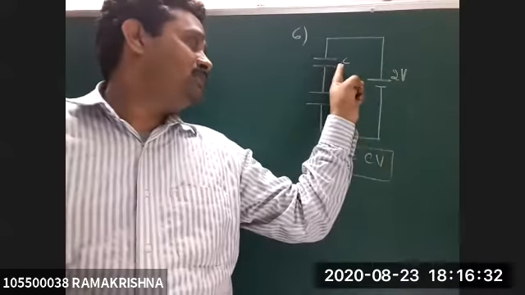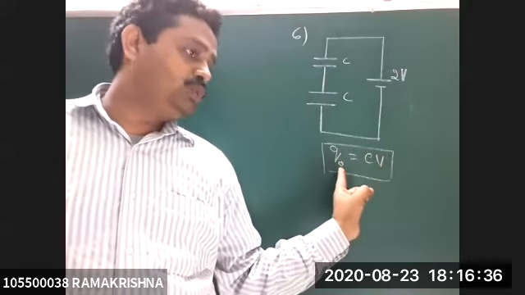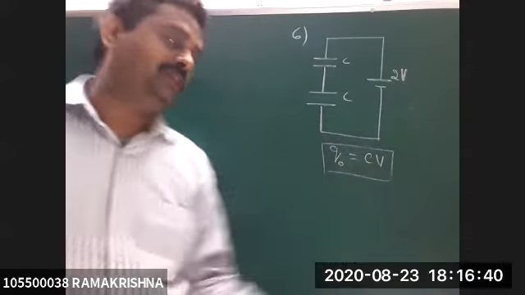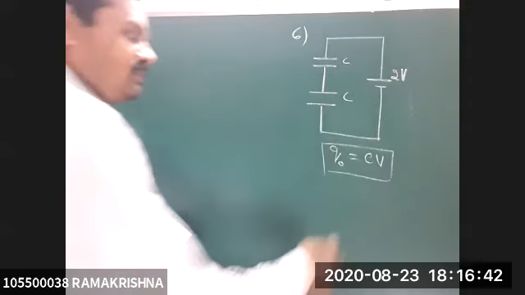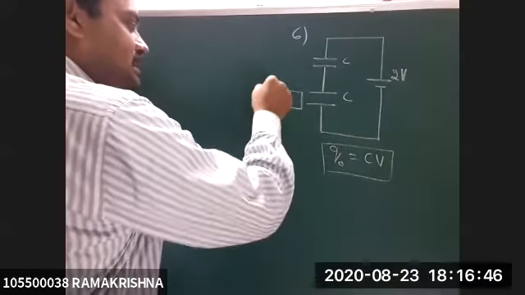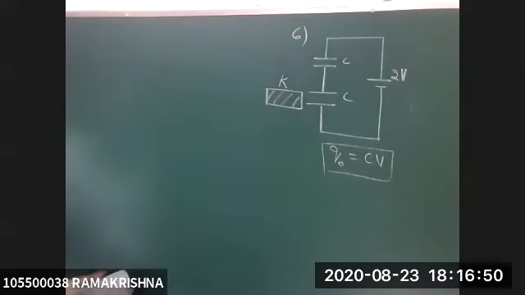So the potential on the first one is V and on the second one is V. Given that Q naught is the charge on each capacitor, Q naught is the product of C and V. Right? Now, after introduction of the slab, what happens? It is a slab, say the dielectric constant is K.